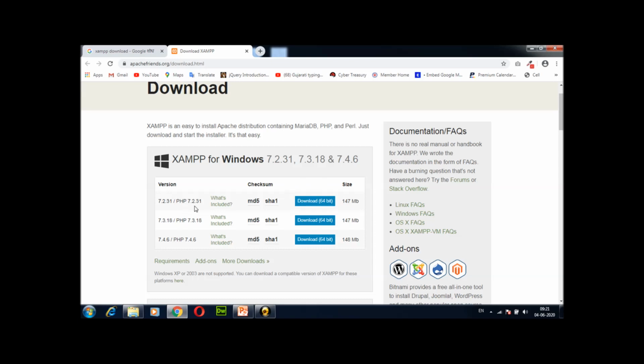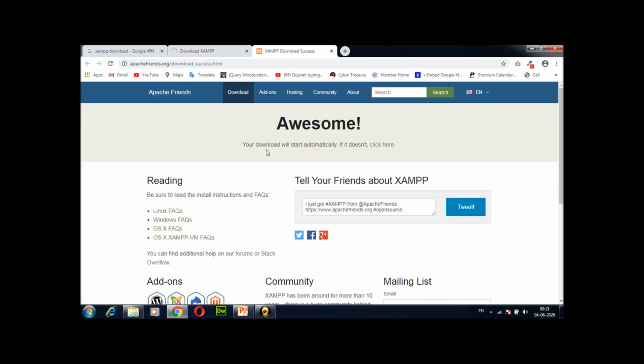The first one is the latest version of the XAMPP server, so I download the first link. I am clicking on this link and it will start downloading the XAMPP server in my system automatically. I have already downloaded this on my device, so I am going to pause this and we go to the installation part.